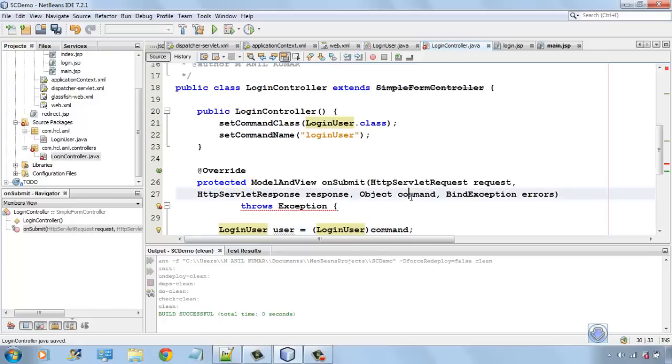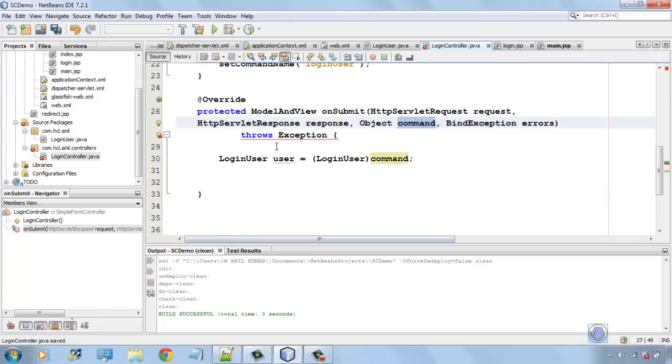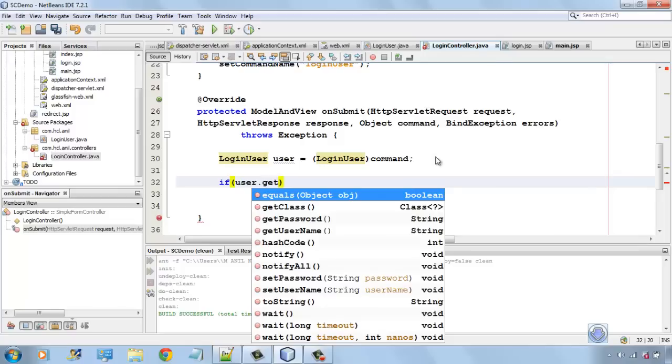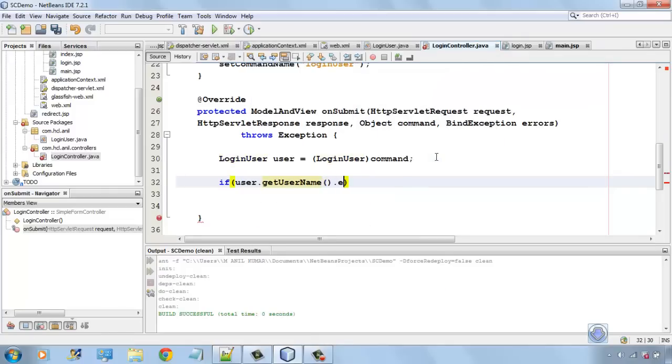This object will be passed whenever you submit the login form. This contains the username, password, and all those things. So you convert that into LoginUser, and you can check if user.getUsername().equals("test")